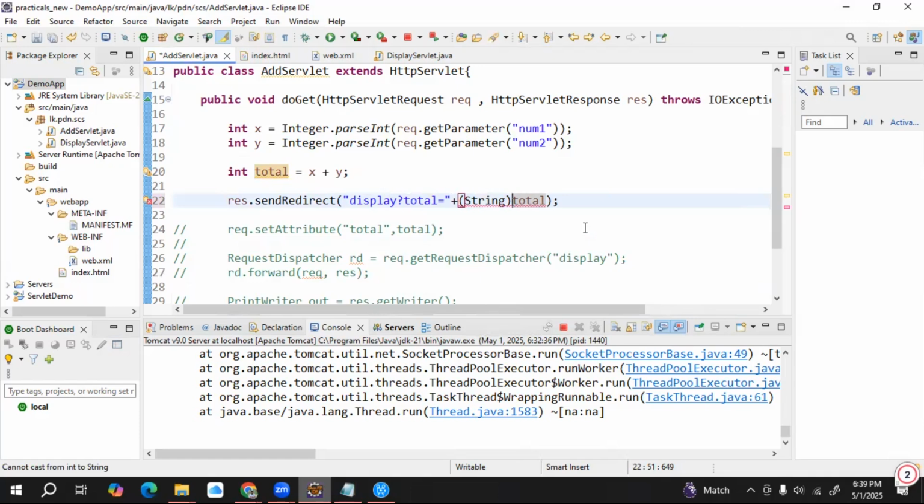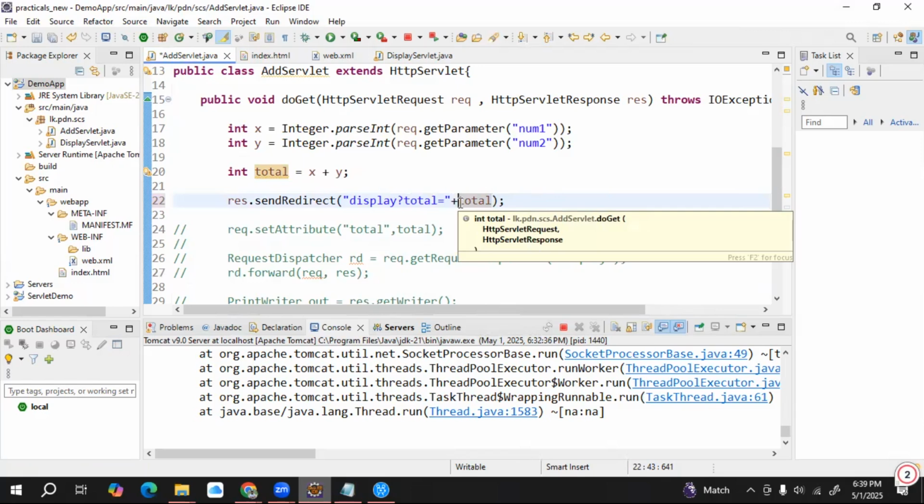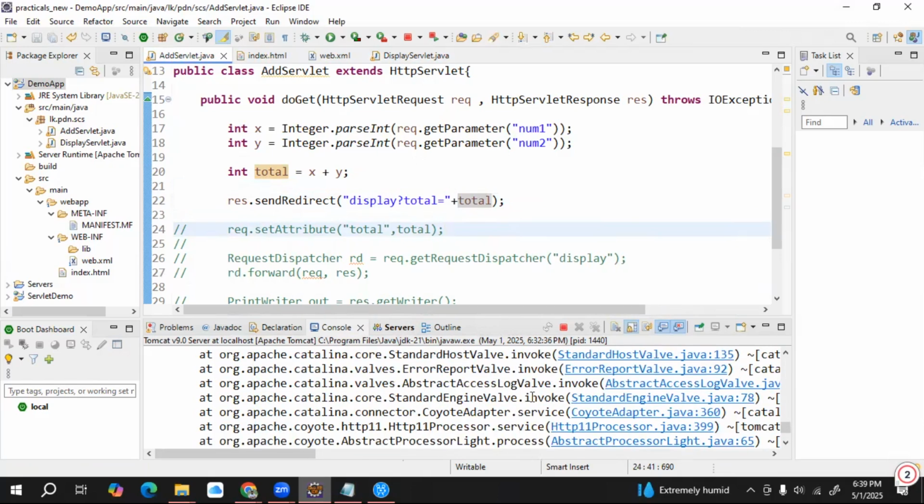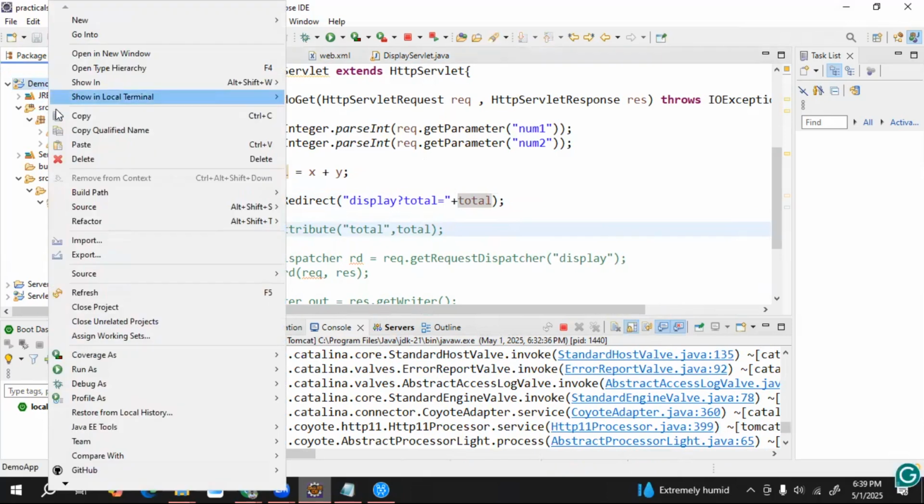I think the type conversion is not needed. Automatically, this will convert to a string, right? Here, what I did was I will redirect it with the URL, and with the URL, I'm passing the value. I will save these changes, and let's have a look at what happened when I rerun this on the